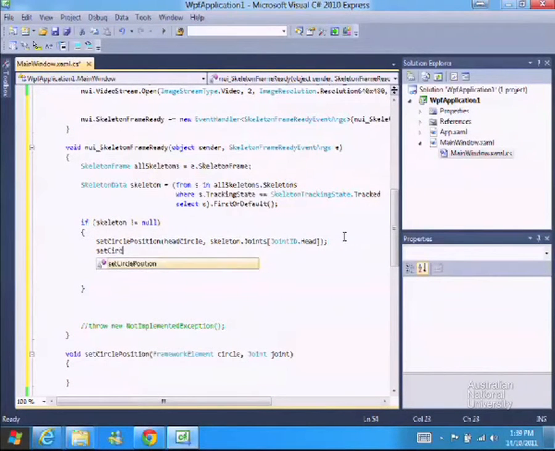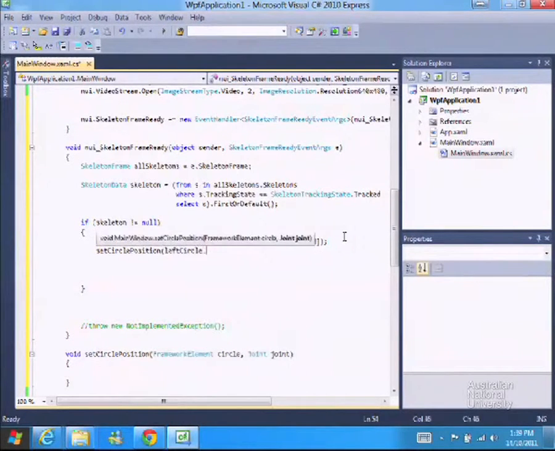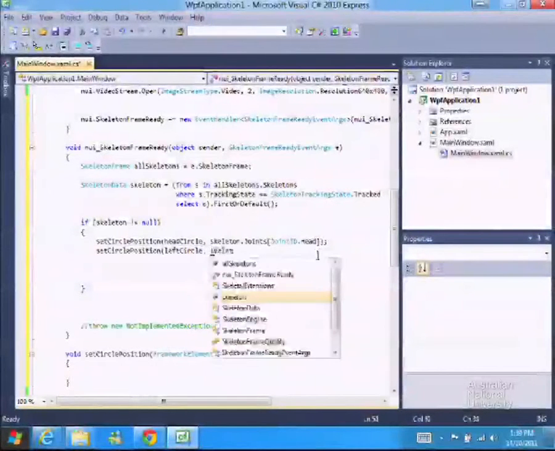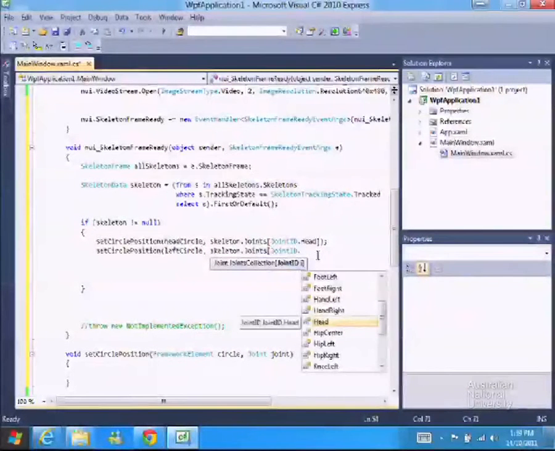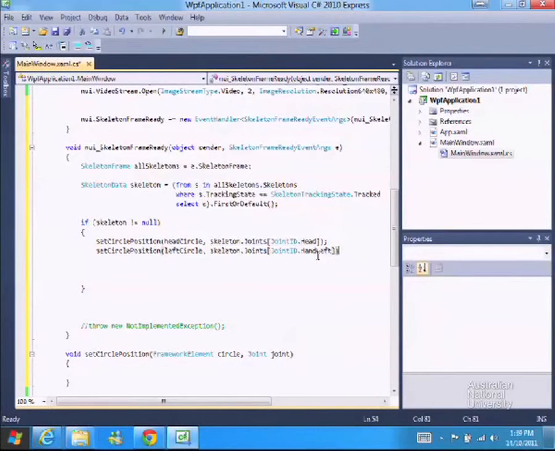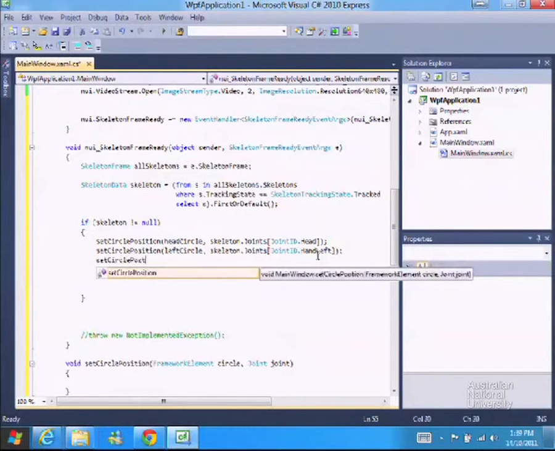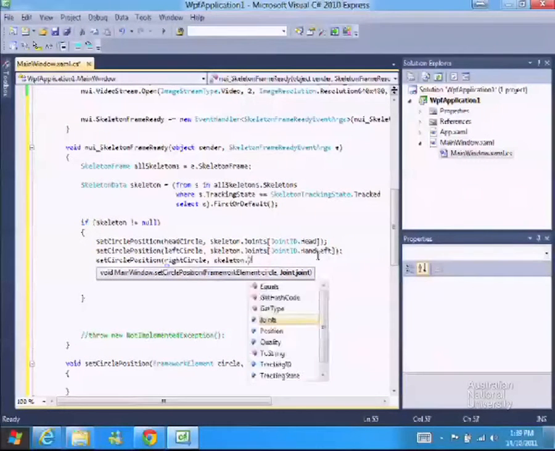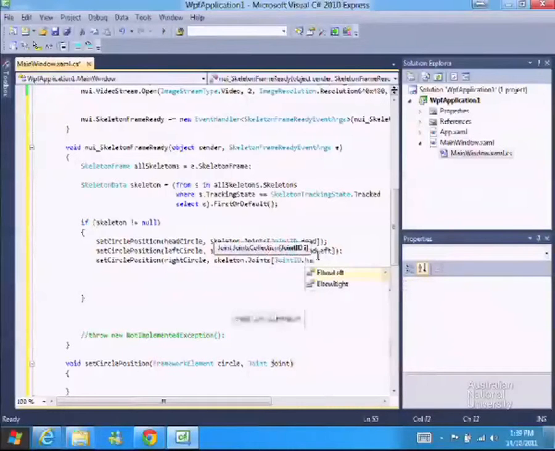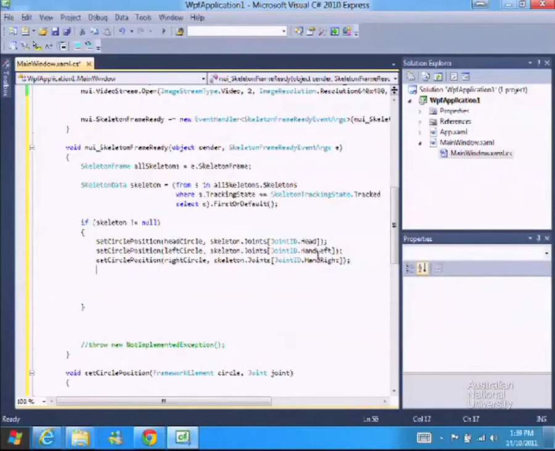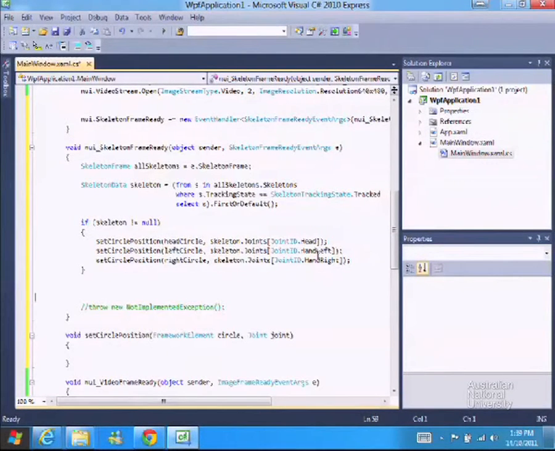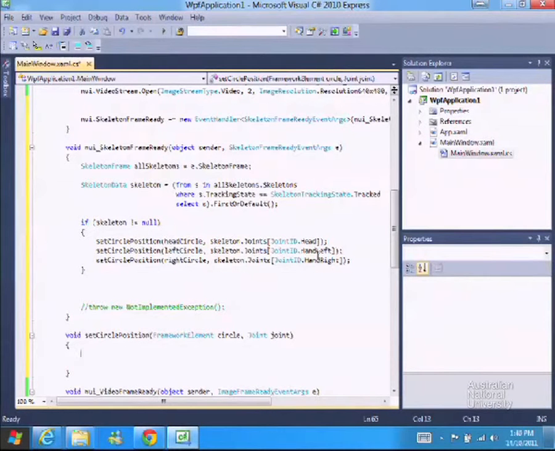We want to call it again. We want to move the left hand, I guess, left circle. Same thing again. So now every time something moves and it's detected as a skeleton, it will call this method, which currently does nothing. What we want to do is make it get the position of where you saw your hand and move your circle to match that. So the way we do that